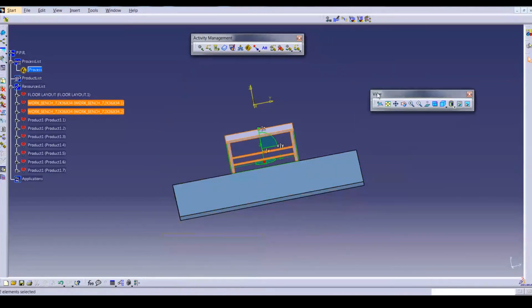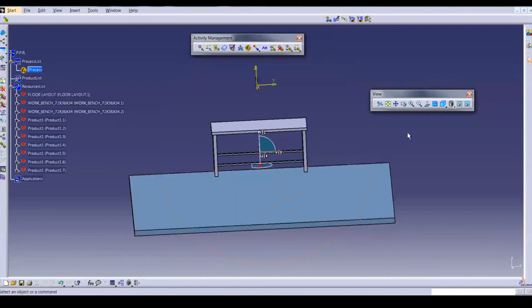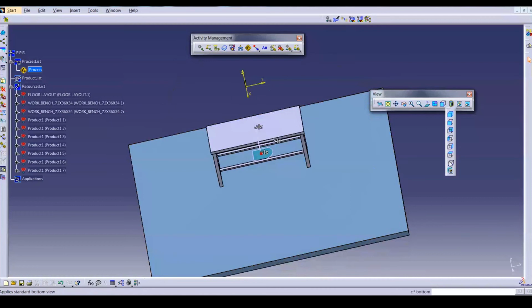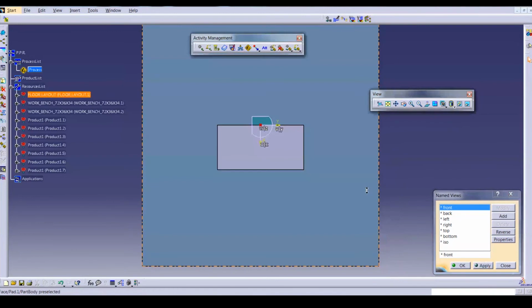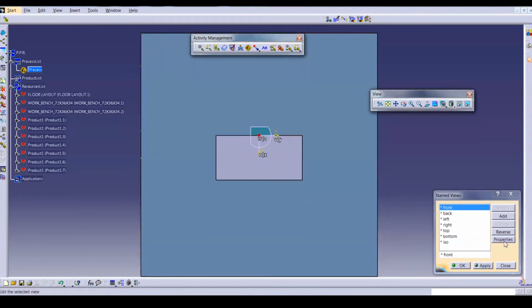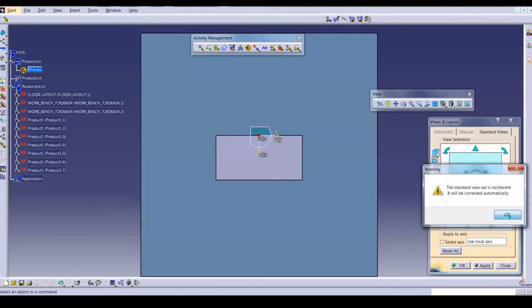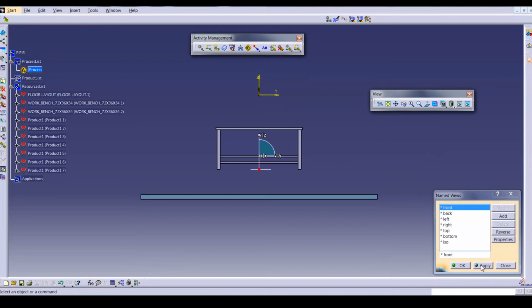This is the view toolbar. If you want to see the front view, then we use it from here. This is a front view. Sorry, it's a miss. You can change from here, named views, it's currently showing the front view but we want to change to top view. Then we go to property and change it from here. Okay, now this is a front view.